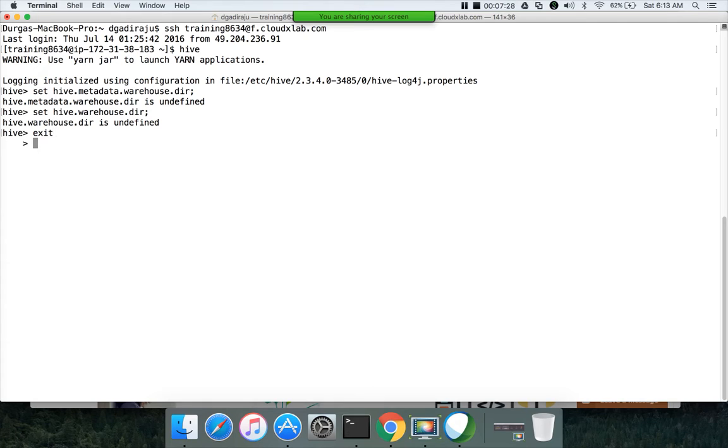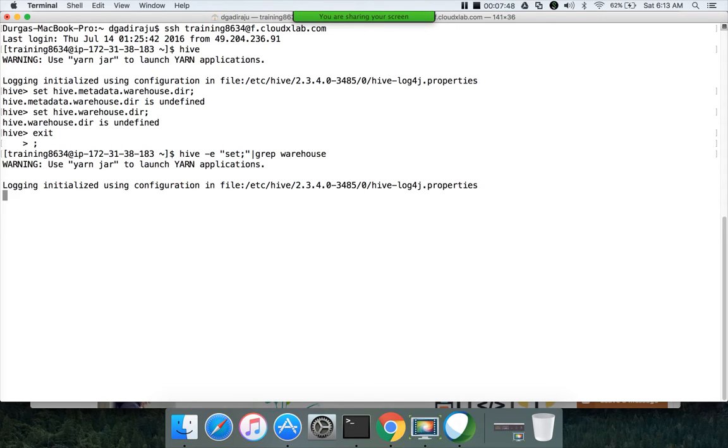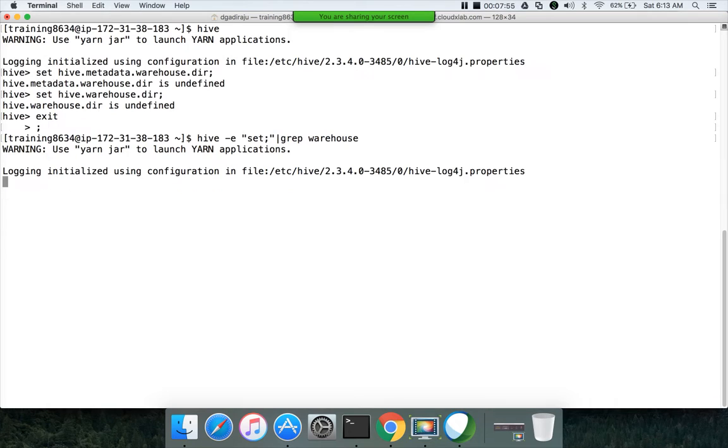Whenever you are not sure about the actual parameter, I always recommend running this command: hive -e set | grep warehouse. That will give the runtime parameters. Even if there was a change between the versions, you will get it for sure. Instead of googling it, this is the effective way of getting the actual values of the parameters.